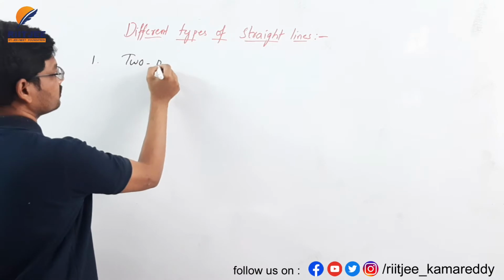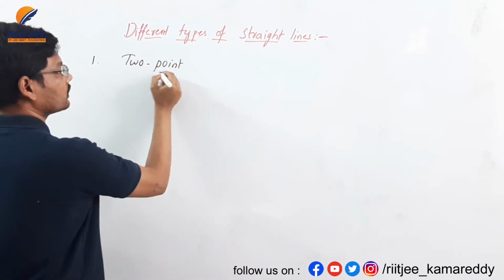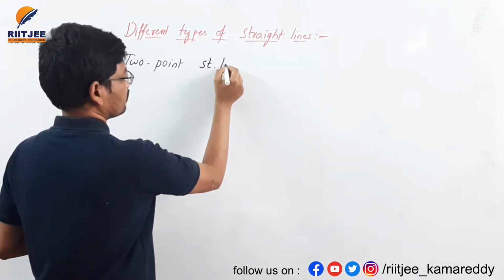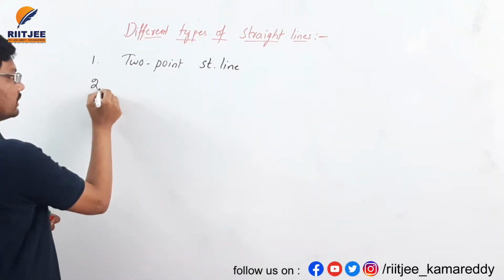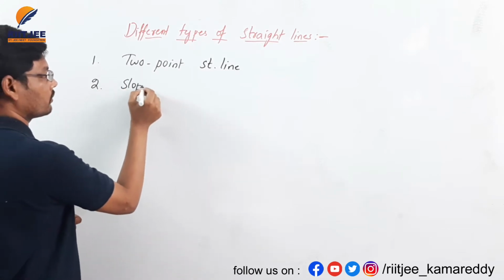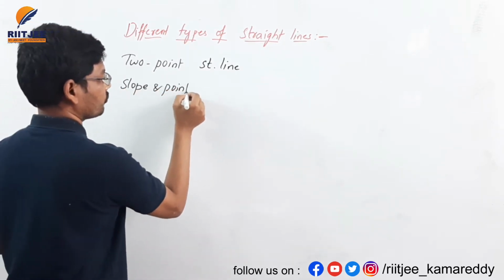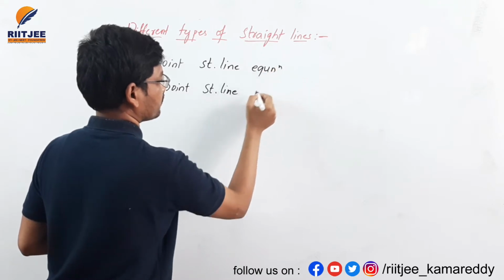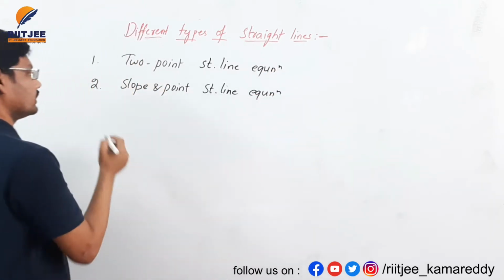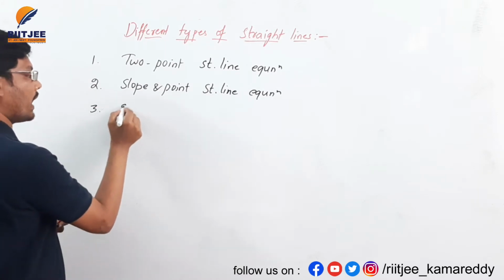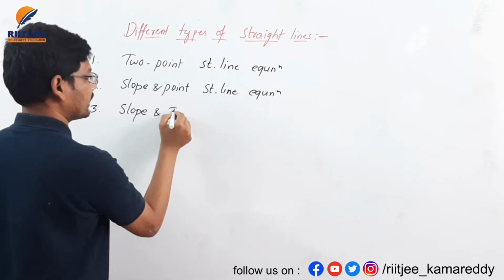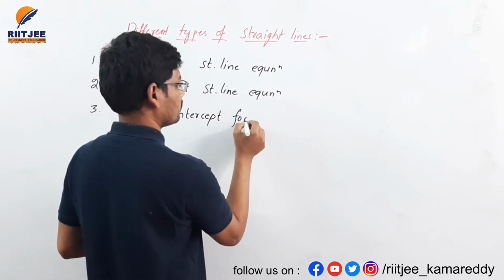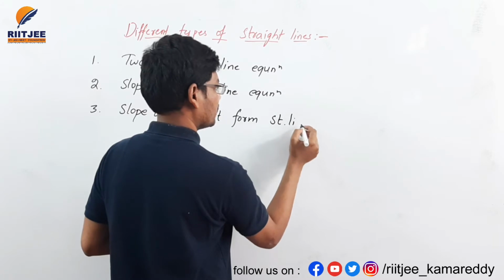2-point straight line equation, and the second one is slope and point straight line equation, that is the short form of this straight line equation, and the third one is slope and intercept form straight line equation,